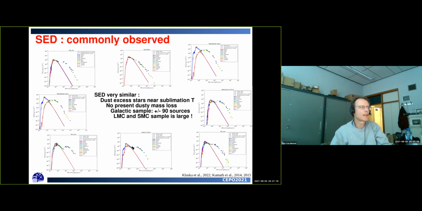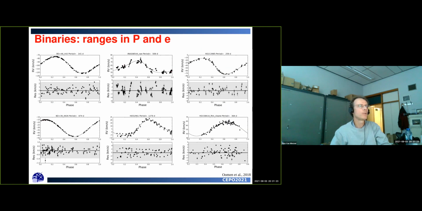And you typically start near the sublimation radius. How do we know that they are binaries? Well, we measure them, we follow them with our telescope, and it's handy to have our own telescope. So we have a telescope on the Canaries with a good spectrograph, and we have followed those systems for about a decade. They have orbits ranging from 100 days to 500 days, 1,000 days, up to